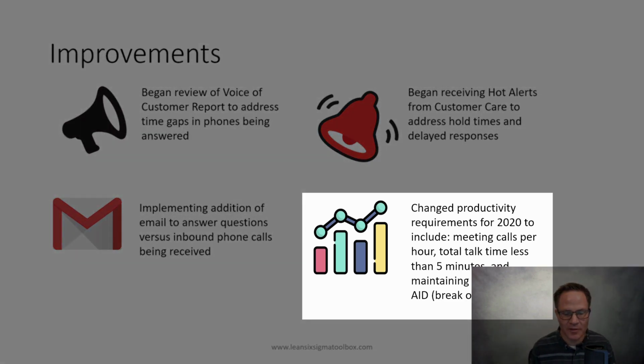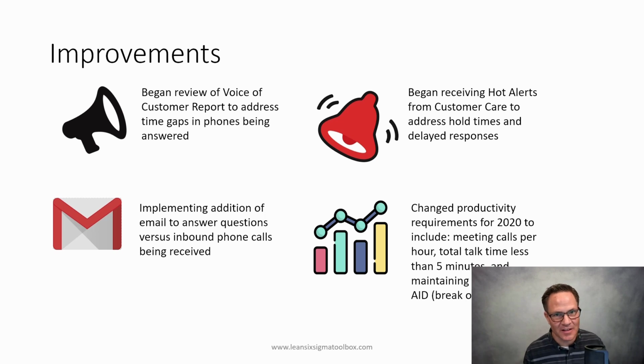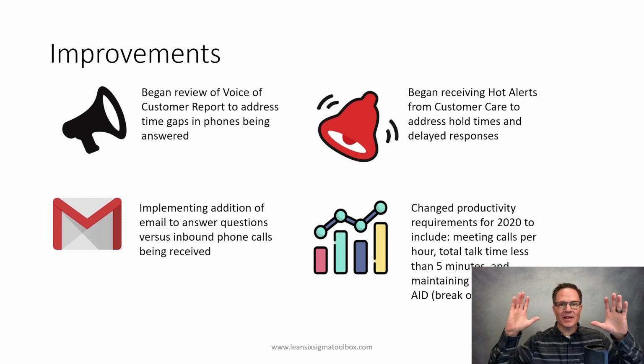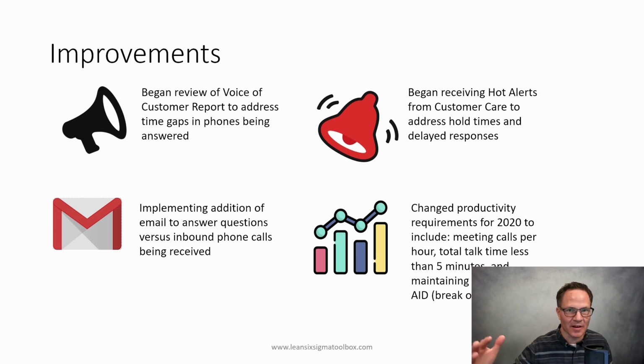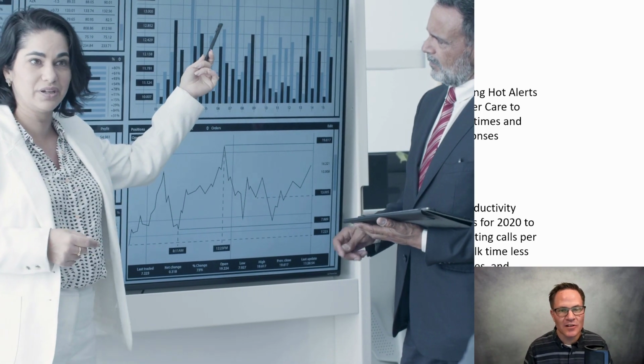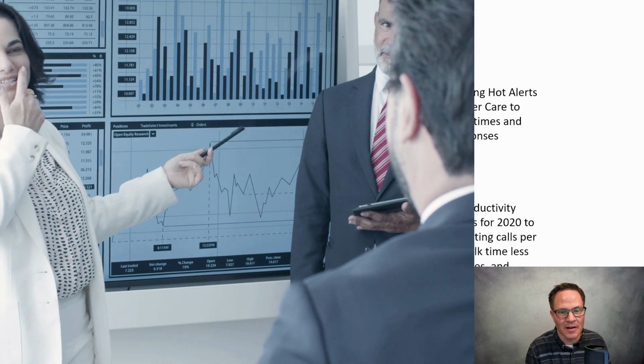Finally, changing productivity requirements. So if you've watched any of my other trainings in Lean Six Sigma, it's all about visual management. And so how do you make a sign in the work area to show people how they're performing? What's their hold time on average for their team? What's their average call time? How good is their team at answering the question the first time without having to escalate to the tier 2 team? So what we did is we made all those metrics visible by team, by area,